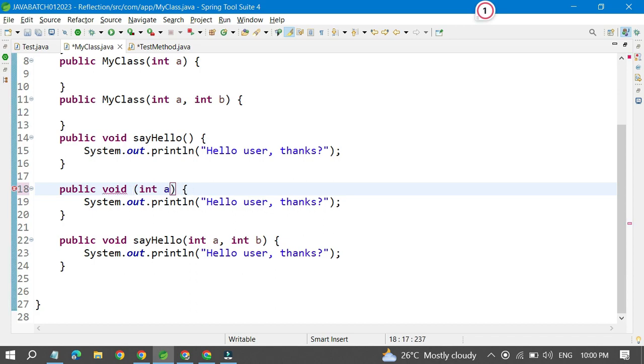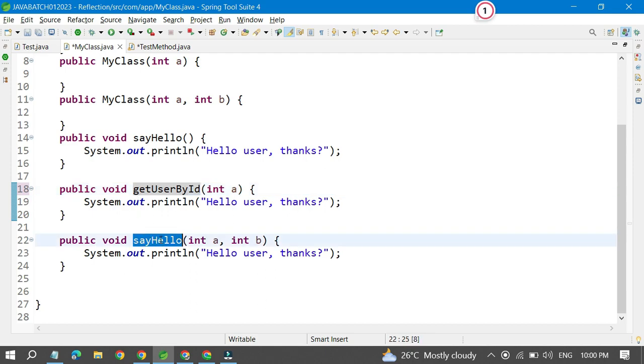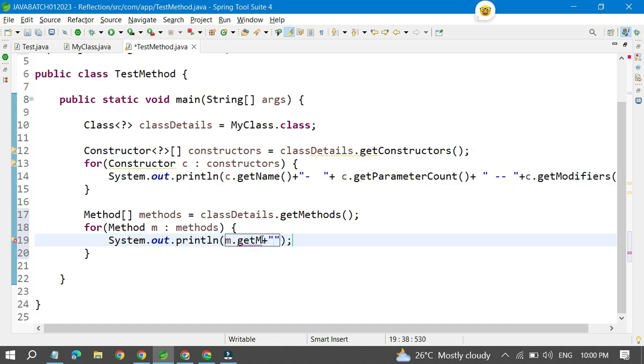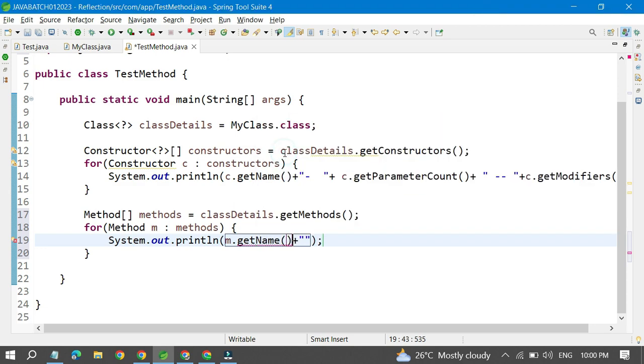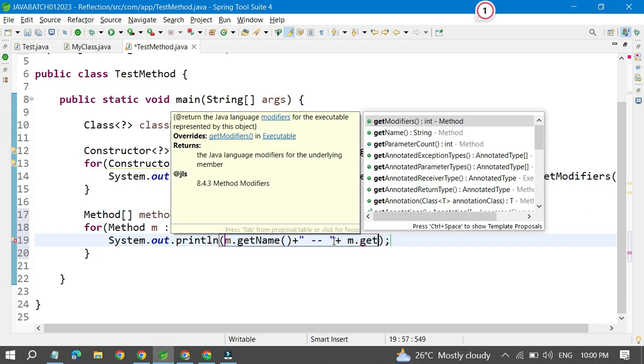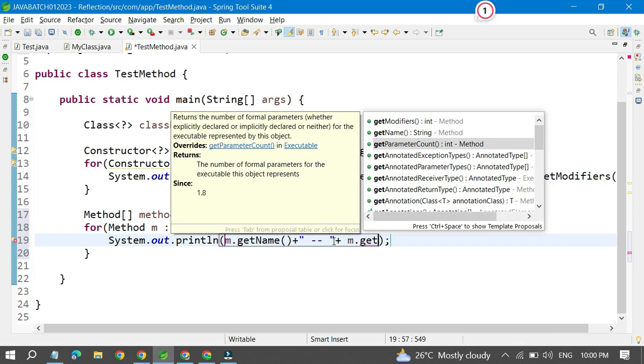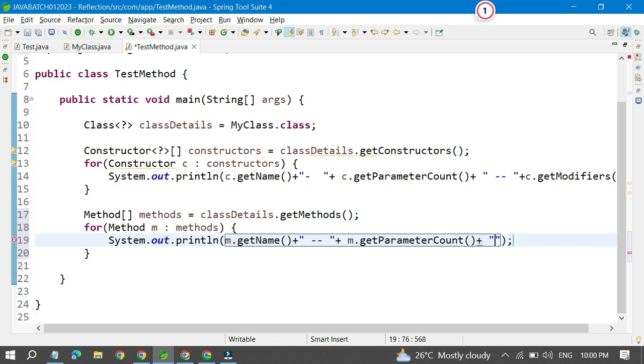getUsersById. This is the second method, and saveDetails. I have given names to the methods and saved it, and here I'm going to print those methods. So I will print the getName first, then I will give some space and I will print m dot getParameterCount,